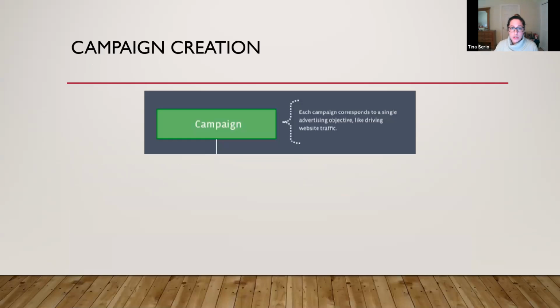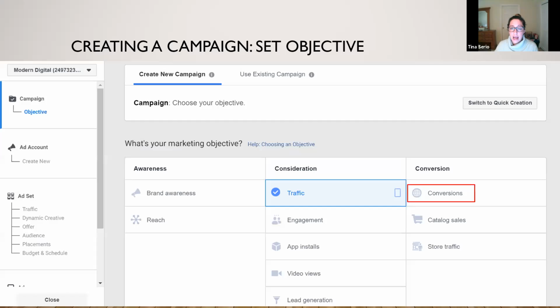So the first step that we're going to do is creating a campaign. At the campaign level, you're going to be able to set your objective. So for example, driving traffic to your website or driving a conversion, which is the example that we're going to use today. So I know each of you probably have different objectives that you have for your business, but let's all go ahead and select conversion to be able to see all the same options as you go through. If you selected something like reach, for example, Facebook's going to give you different placements and targeting options based on that objective that you set. So just for today, let's go ahead and click conversion so you can follow the same process as everyone here.